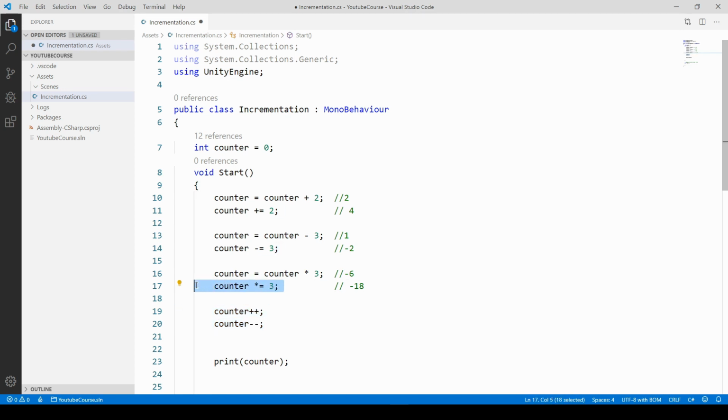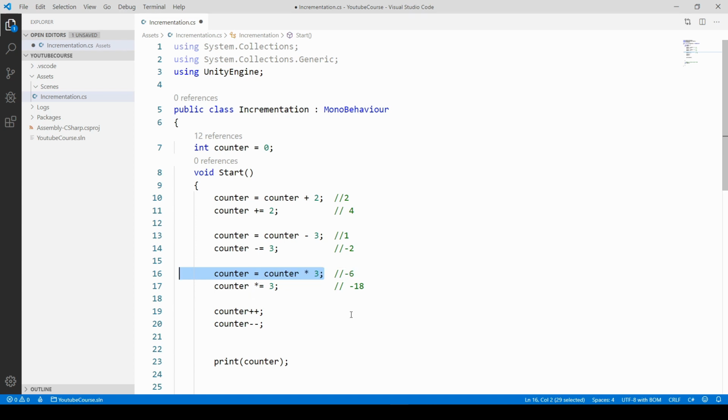And this method is used by others as well when you increment or decrement by a value different than 1. I didn't really see any code when somebody was using this form, the longest one. Even if you put this form in Visual Studio, it will show you that you shouldn't really use this form. You should use this shorter one. So for the beginning, you can of course use it, but it's good to move on to the shorter ways